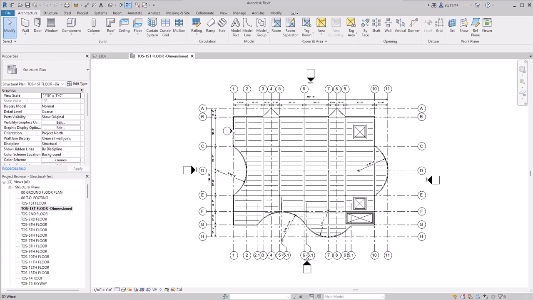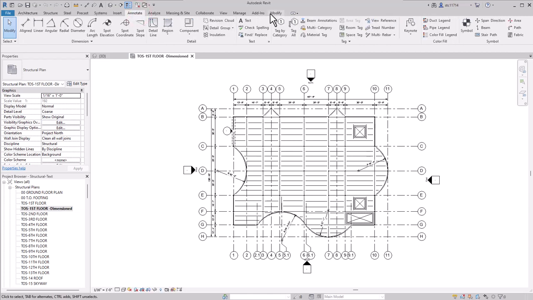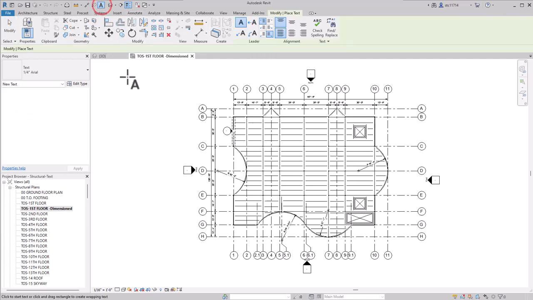In this video, we are going to take a look at how we can add text to a structural project in Autodesk Revit. To start with, I am going to begin my text command. This is available in a couple of different ways. You can go to the Annotate tab and select text here. You can also find that same button on the Quick Access toolbar. That will save you from having to change tabs.